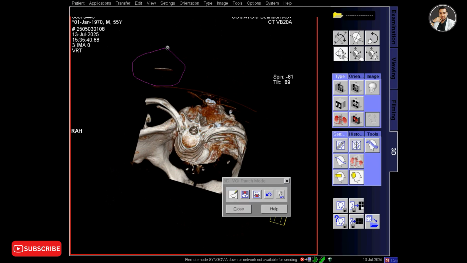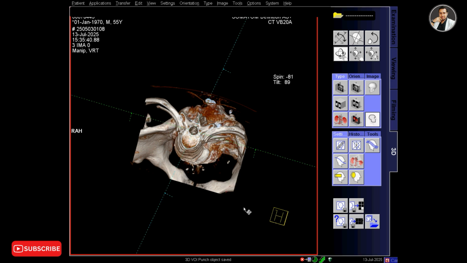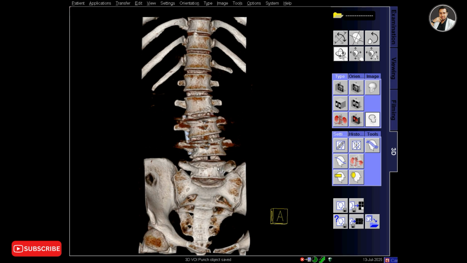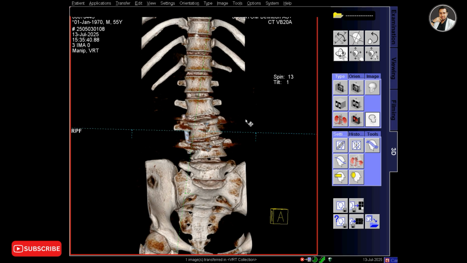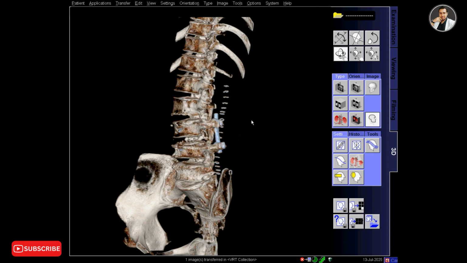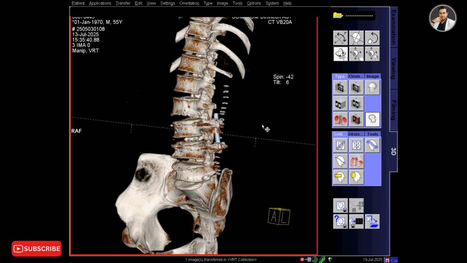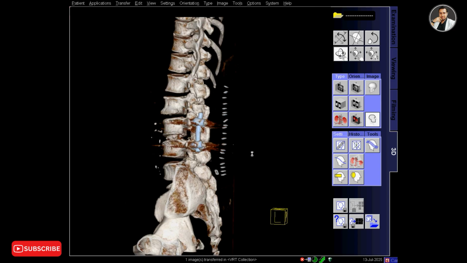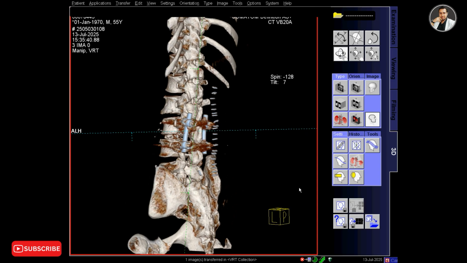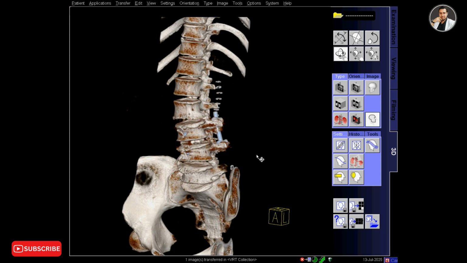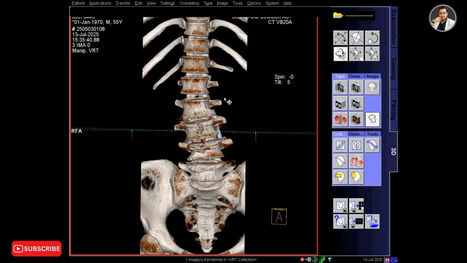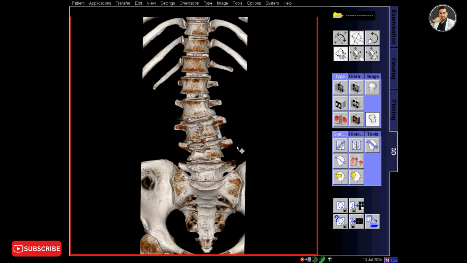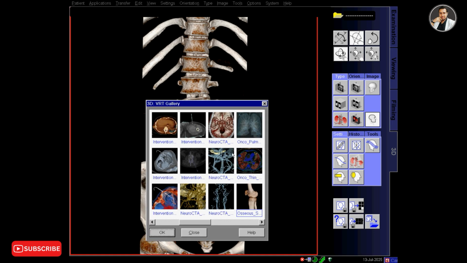But if you don't have any of this, you can print on radiographic film, but you will not get any color on the radiographic film. So like this, you can create VRT 3D images and print them.